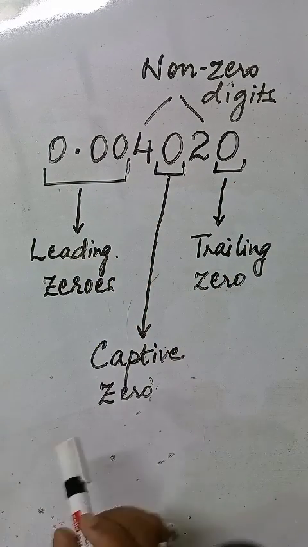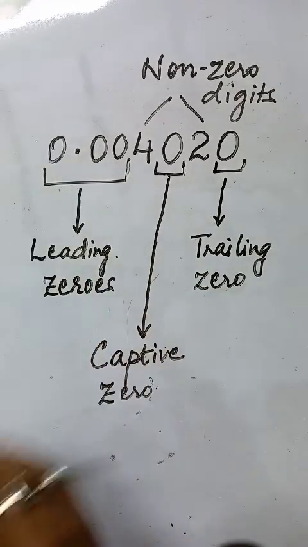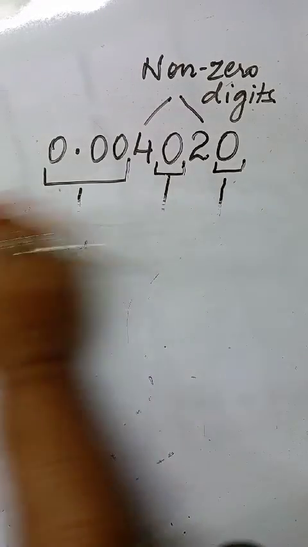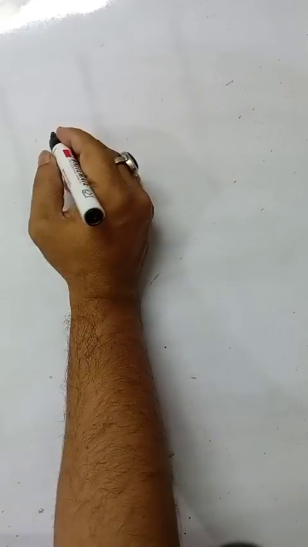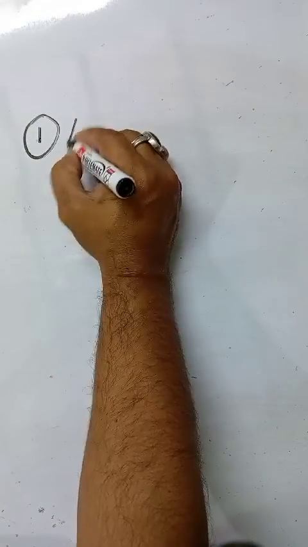I hope you have understood the terms leading zeros, trailing zeros, and captive zero, because our rules are going to be related to these terms. If you have this in mind, let us now go to the rules. I'll take up some examples and help you understand very easily how to judge the significant figures. So let us say the first rule is